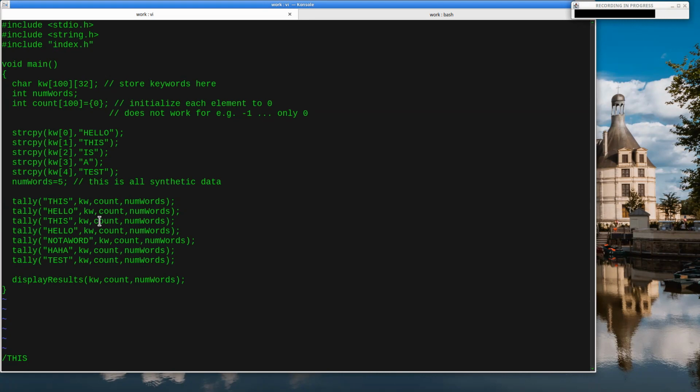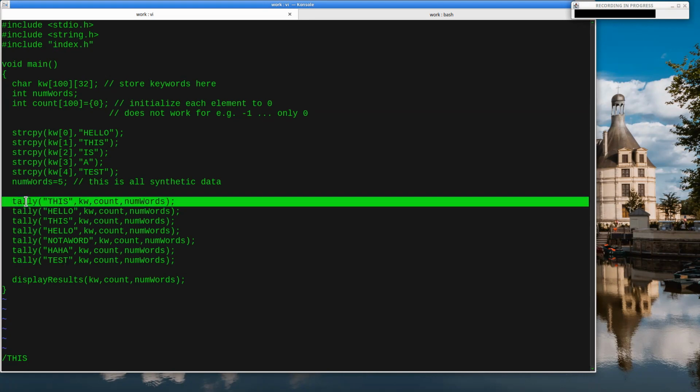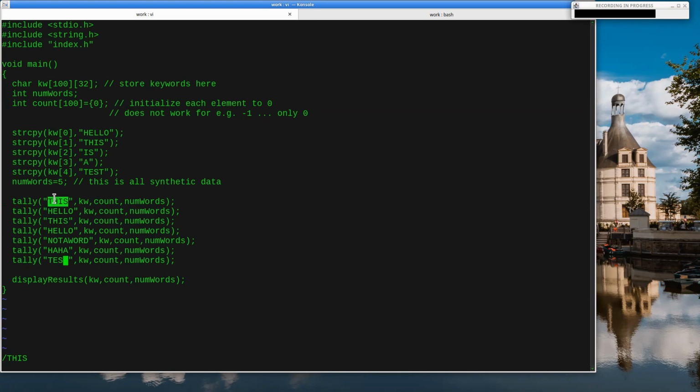So normally I'd be calling get word, and it would return this: hello, not a word, haha, test. But in my main program's loop, each time I get a word from get word, I'm just going to call tally, exactly like this, except this is going to be whatever variable contains my word. But I don't have get word written yet, so I'm just testing